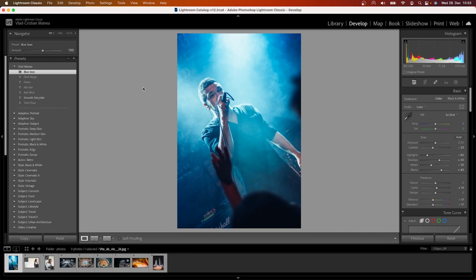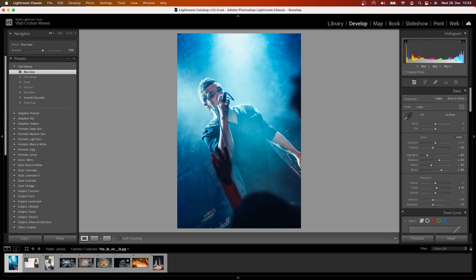We have here a photograph which I took in Bucharest in a club at a concert. Whenever you have a photo which is correctly exposed from the camera and the shadows still have quality and info in it, and the highlights also have info in it, and you can play with it and it's correctly exposed, then you might be able to use any of these presets and it will still make something out of the whole picture. If the original picture comes from the camera with poor quality, then these presets won't make magic.